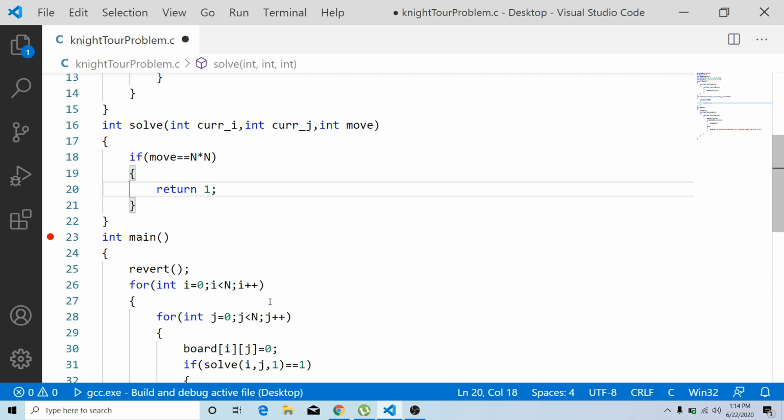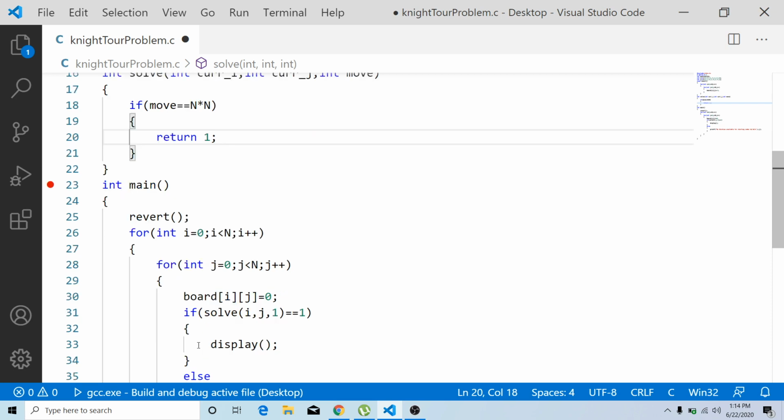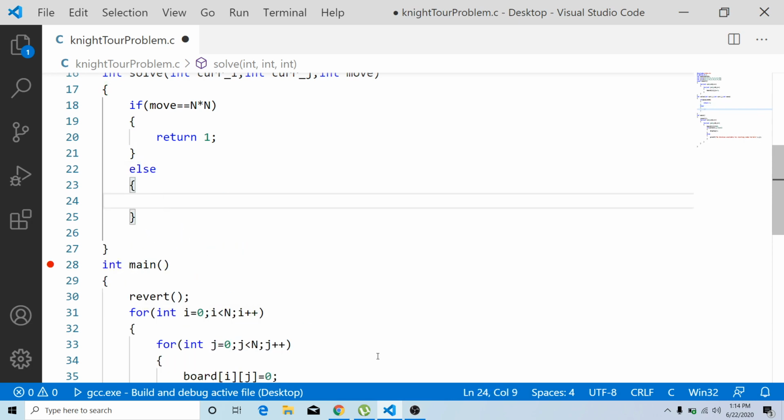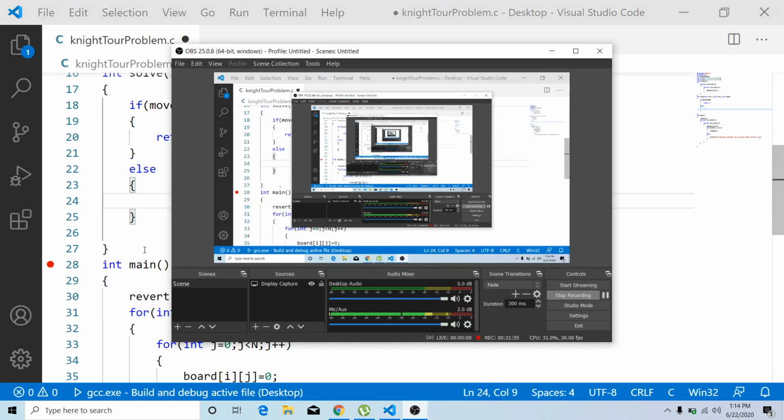If all the cells are visited exactly once, then it means that you have got the answer. So you have to return 1 to the main function, using which it can display the answer. Okay, fine. Now we'll enter into the else part.